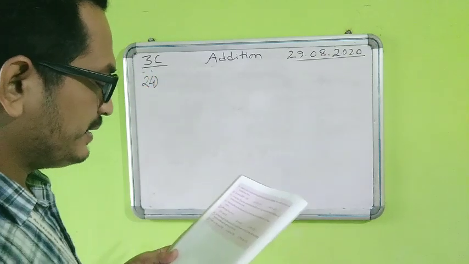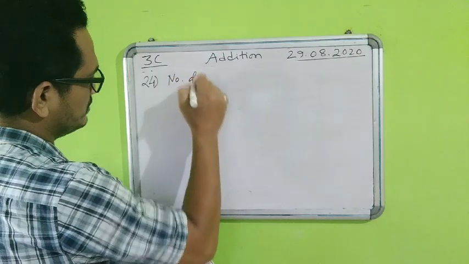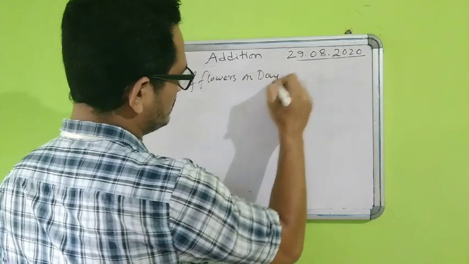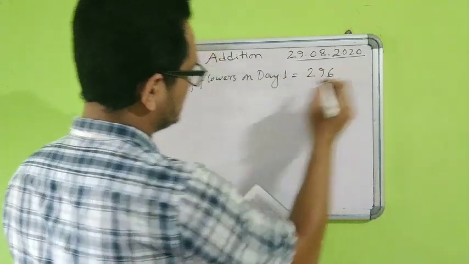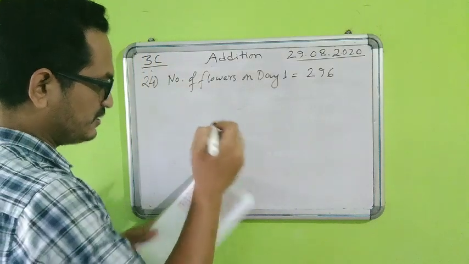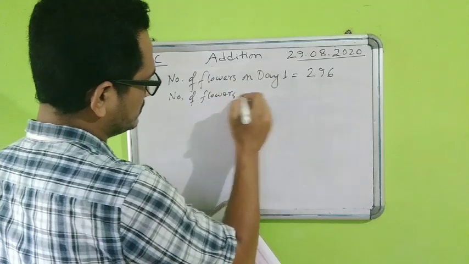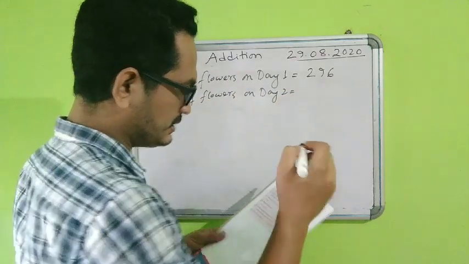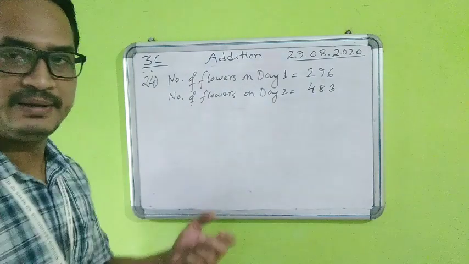So it is given 20 on day 1. Number of flowers on day 1. So we will write number of flowers on day 1 is equal to 296. Then number of flowers on day 2, that is how much? It is 483. Now students, if you see one thing, that 296, we need to estimate the sum, estimate the